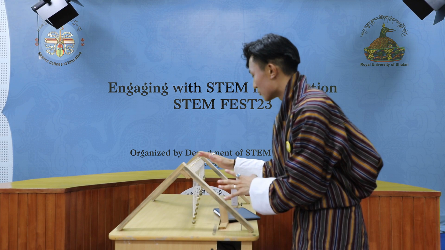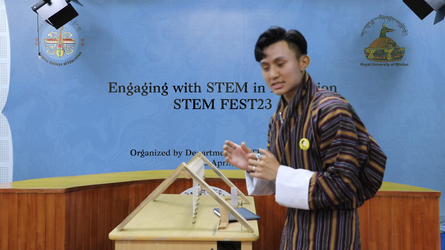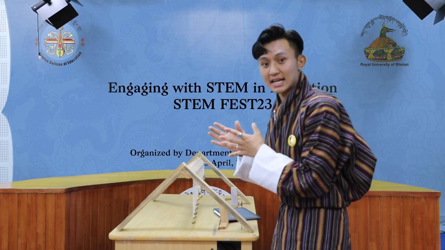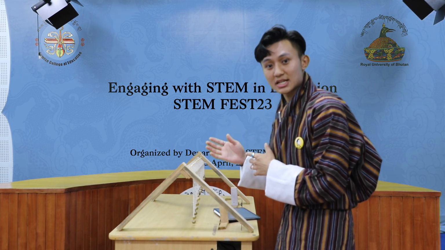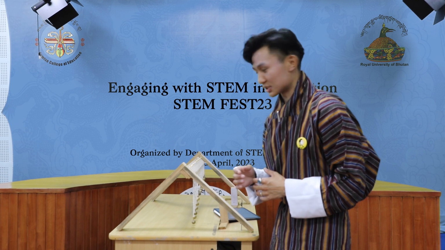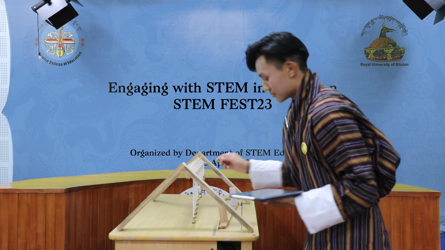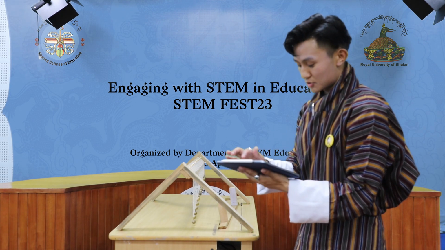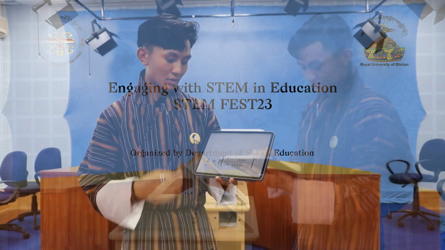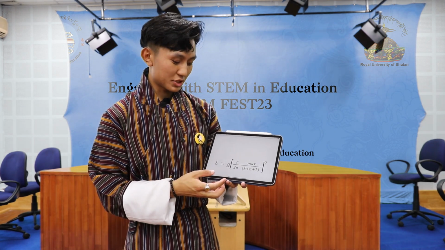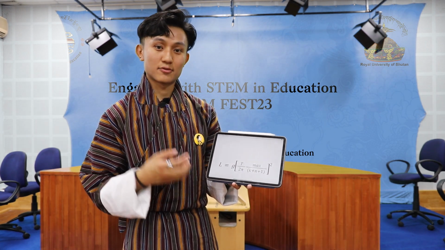So a pendulum wave model is basically a collection of simple pendulums, each of which are of different lengths, oscillating at different frequencies, but in a synchronized way, as you will see shortly during the demonstration. The length of each pendulum was determined by using this equation, whereby L stands for the length of the